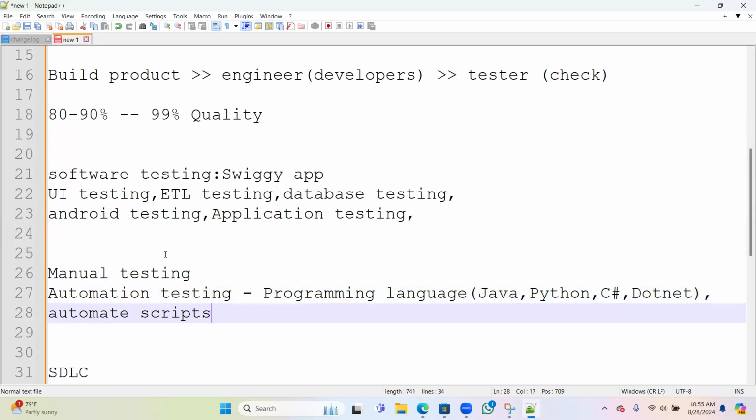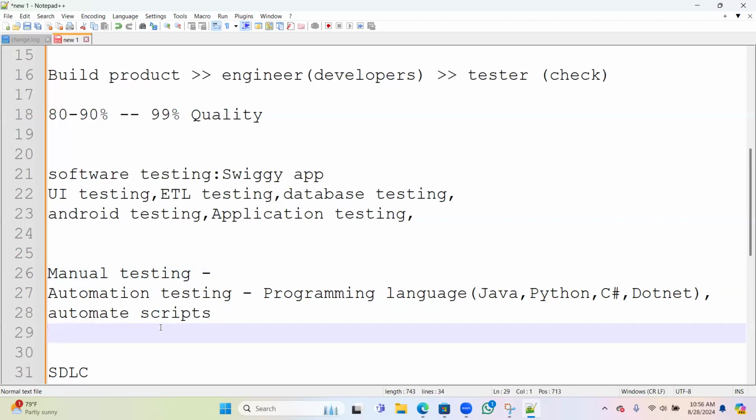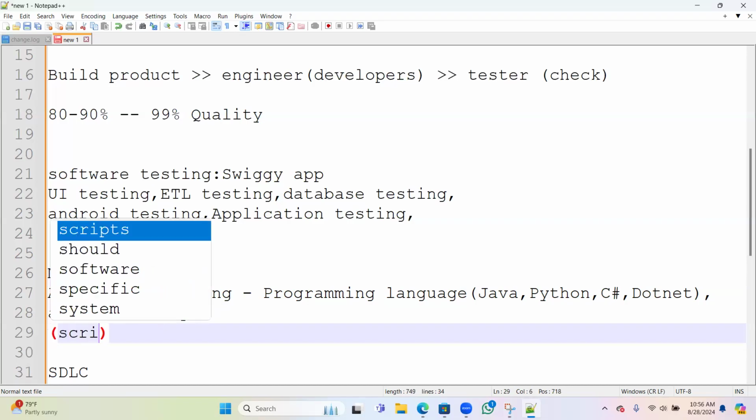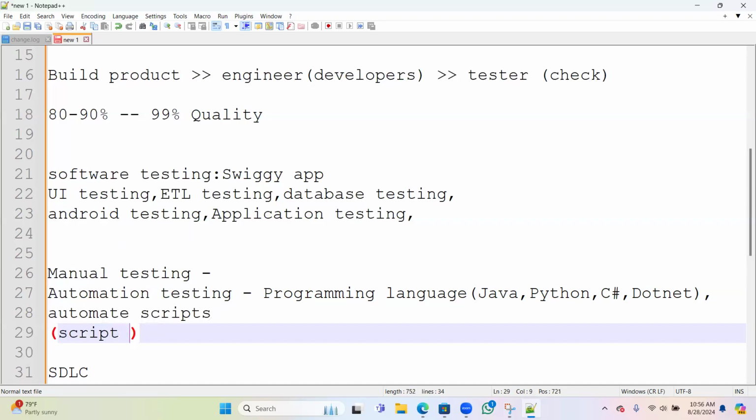Whatever you check manually, on our own we go into the application, execute step by step and see by ourselves. That is manual testing. Whereas in automation, you write one script and execute it.